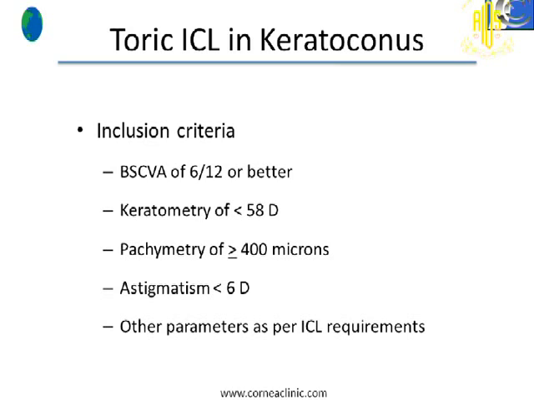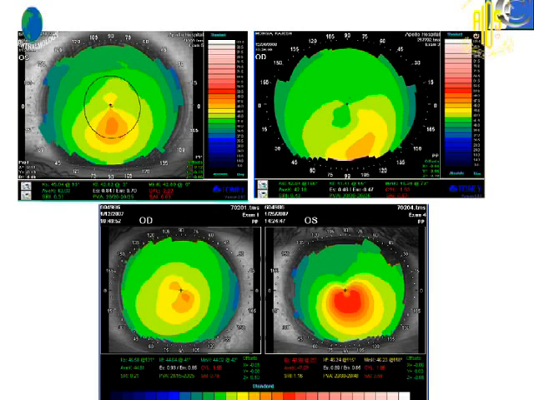And in most of the keratoconus patients, the anterior chamber depth was quite deep, so we didn't have a contraindication from that aspect. So just to show you some representative topography, these are patients with early keratoconus, and if you look at the astigmatism, in most of them the cylindrical power is within 4 diopters.